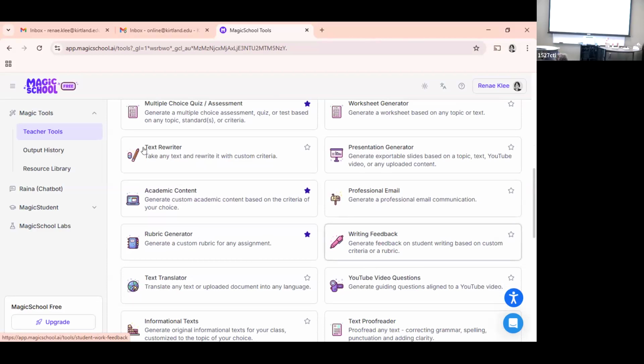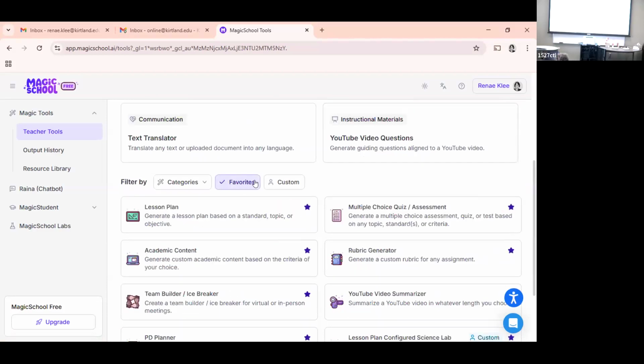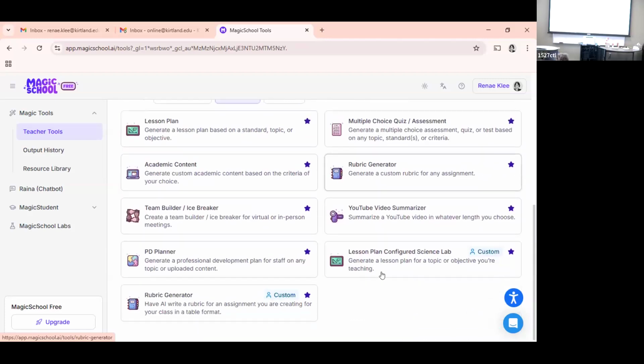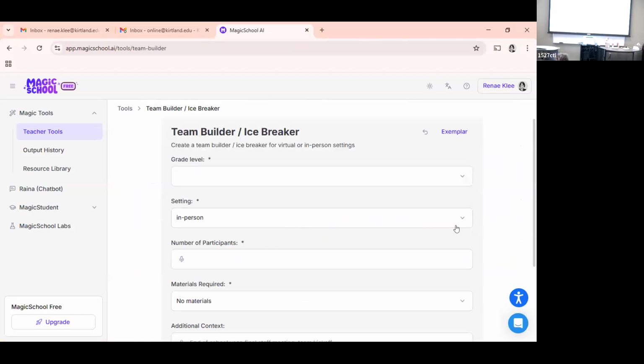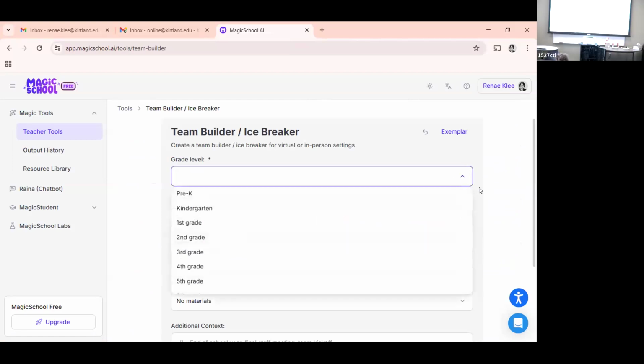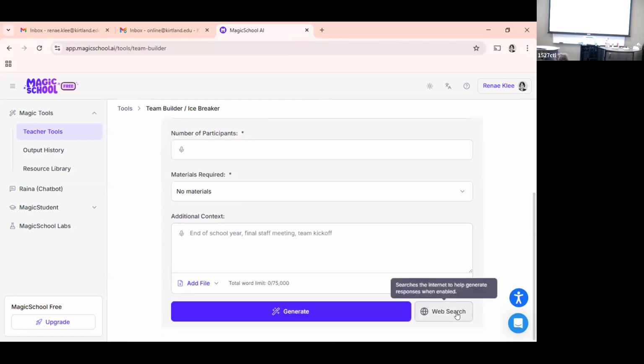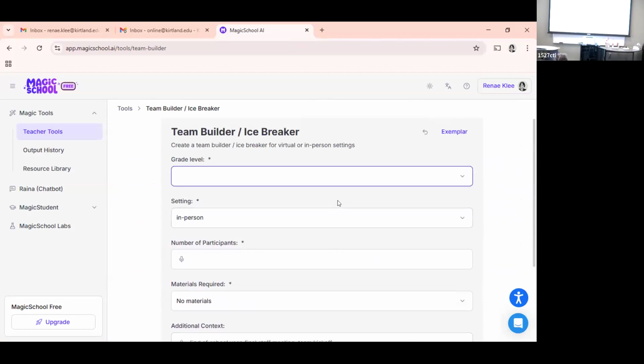If you want to star any to make them your favorites, if I click on my favorites here, these are the ones I've starred to use. You can customize them as well: if you choose one of the tools, you can play around with these fields here and then save it. But just use the next few minutes to click around a little bit.